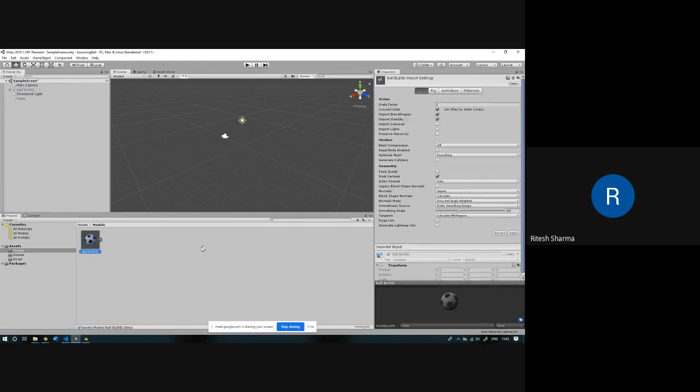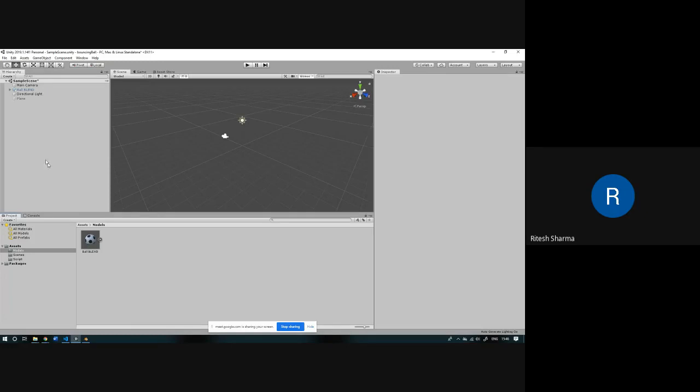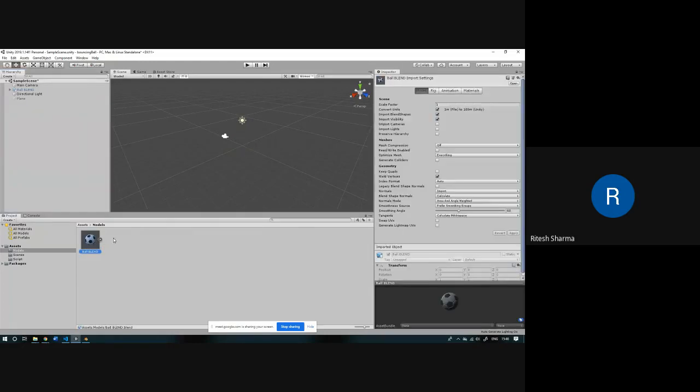One more thing that happens is that generally when you get something from Blender, its cameras and lights also get imported with it. If you want to avoid that and you have already dragged it in, you can simply delete it and drag it again. Before dragging, when you click on the model, import camera and import lights are tick marked by default. You just have to uncheck them. With that, only the lighting and camera information of Unity is used, not that of Blender.